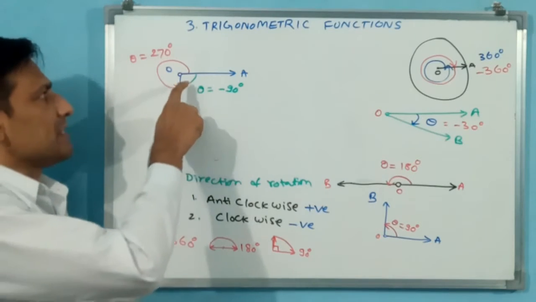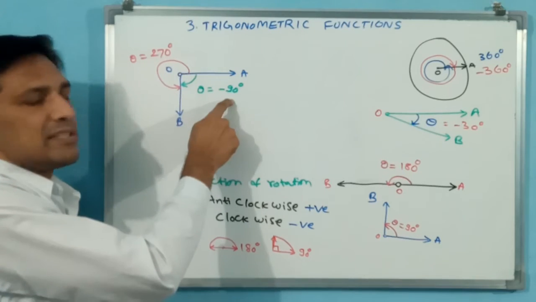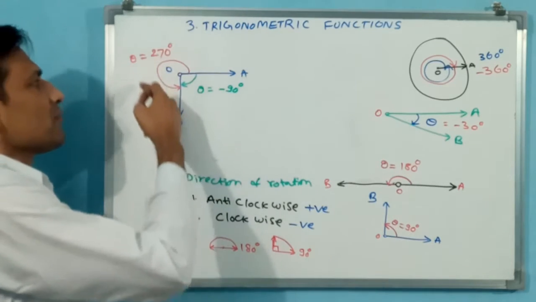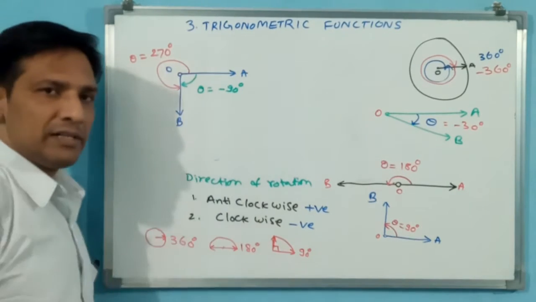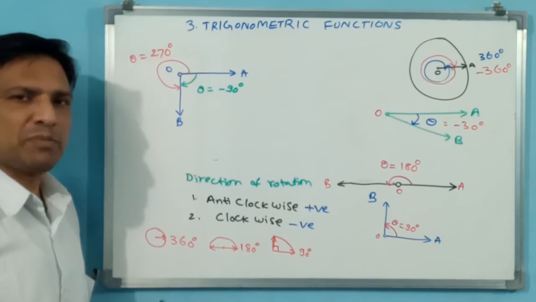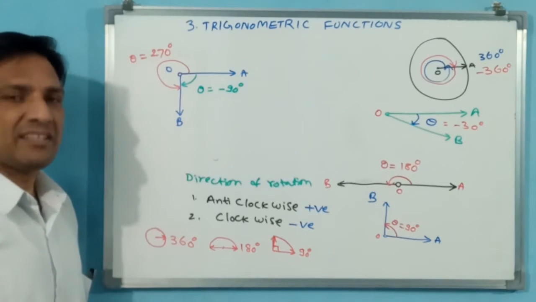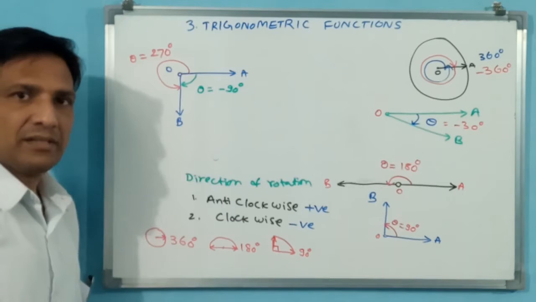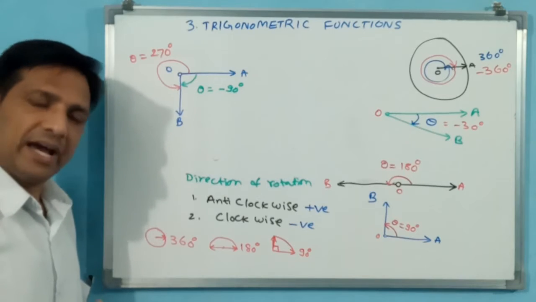Any one you have to take, whether it has been rotated in anti-clockwise direction or clockwise direction. If it has been rotated in clockwise direction, this is going to become negative 90 degree. If the same ray has been rotated in anti-clockwise direction, then 90, 180, 270. This is going to be called positive 270 degree. You need not call positive again; 270 degree means positive 270 degree. If it is negative, then you have to call it negative 90 degree or minus 90 degree. Like this, representation of angles we can make. These are representations of angles in clockwise direction or anti-clockwise direction.